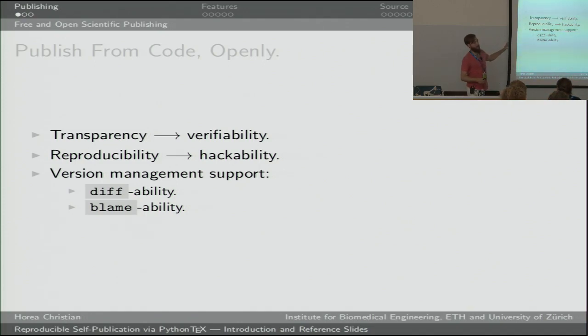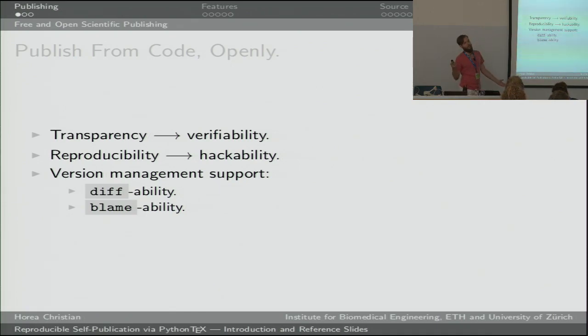And of course, as we've heard in a previous talk today, a big advantage of publishing your publications as code as opposed to as binary documents is not just transparency, which means that you see everything that goes in them, and reproducibility, meaning that other people can compile them, but you also get all of the rich features which the Linux environment and the free and open source environment provide you for text files. So basically this becomes version manageable. You can diff your versions, you can blame your versions, you can collaborate much more efficiently with other people and also with your most important collaborator, which is you from half a year in the future.